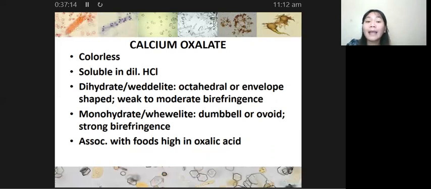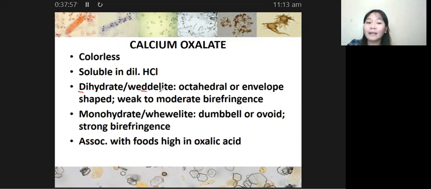We have the dihydrate form, and then we also have your monohydrate form. Depending on whether we are talking about your dihydrate calcium oxalate or monohydrate calcium oxalate, magkaiba yung trivial name na meron po sila. Dihydrate calcium oxalate is otherwise referred to as your Wedelite. Pakibilugan ang letter D kasi that will help you memorize it easily. So dihydrate, Wedelite.